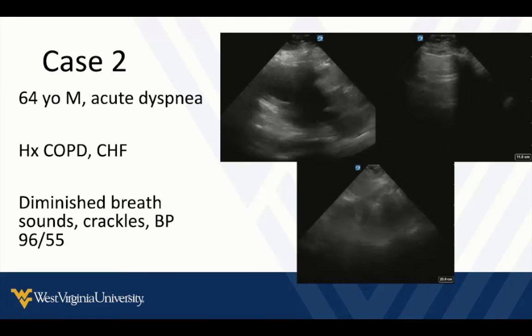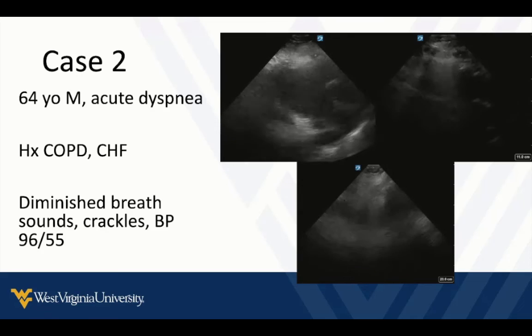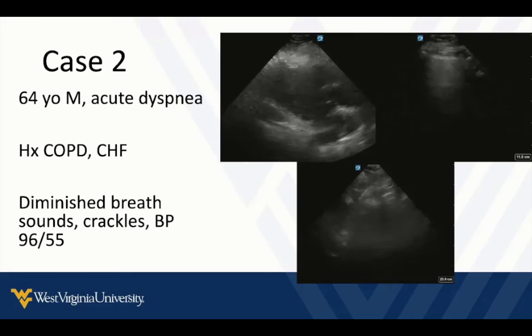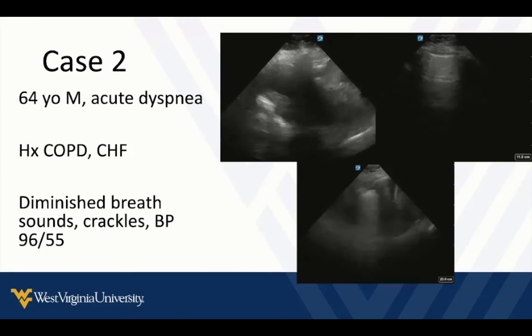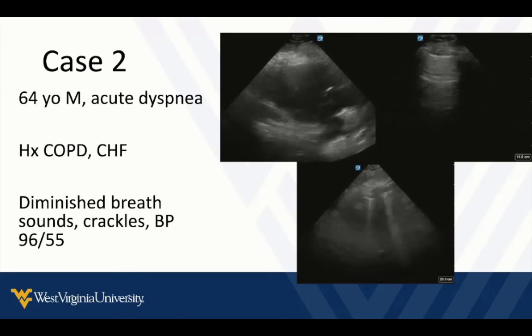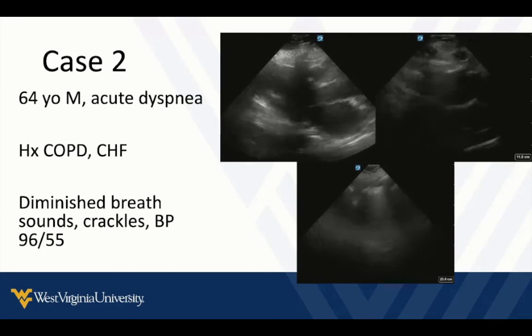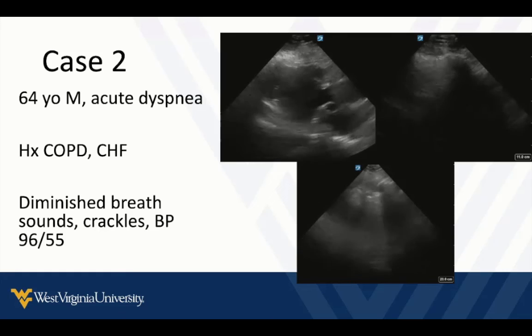So bringing this back in, we have our case 2 that we talked about, this middle-aged, older male with acute shortness of breath who has a history of COPD and CHF. You hear crackles in their lungs, so kind of your first inkling is, oh, this is CHF. Maybe we need to do nitro diuresis, which on further investigation with lung ultrasound would be very bad form and